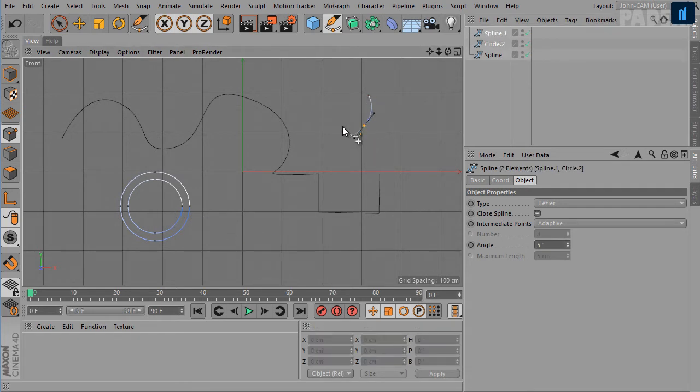And if two segments overlap each other, in that case no 3D surface will be created, or you will see strange results.